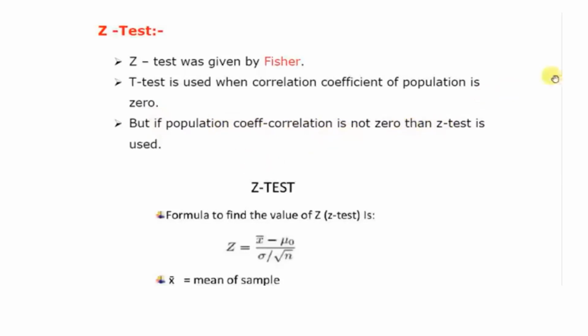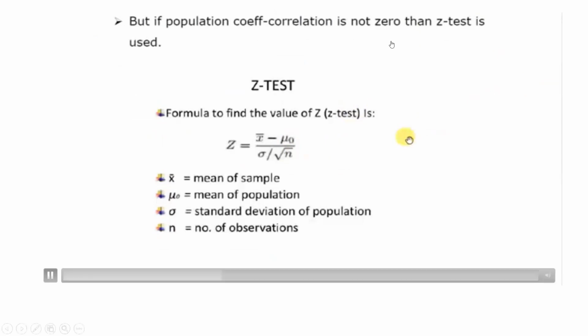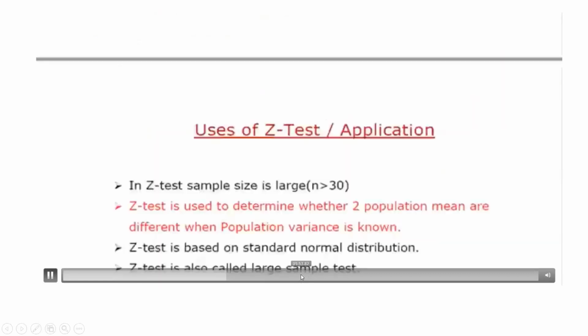ठीक है, उसके बाद z test का फॉर्मूला देख लेते हैं। z test का फॉर्मूला होता है एक्स बार माइनस म्यू जीरो अपॉन स्टैंडर्ड डेविएशन अपॉन रूट एन। यहाँ पे एक्स बार सैंपल का मीन है, म्यू जीरो पॉपुलेशन का मीन है, सिग्मा स्टैंडर्ड डेविएशन है, और एन नंबर ऑफ ऑब्जर्वेशंस है। तो इसके थ्रू हम जेड कैलकुलेट कर सकते हैं।